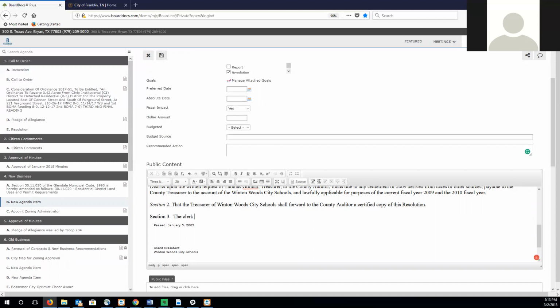The clerk of the City of Franklin shall approve resolution item 123 during the June meeting. All right, I can add tables, I can add pictures, I can add hyperlinks, I can make